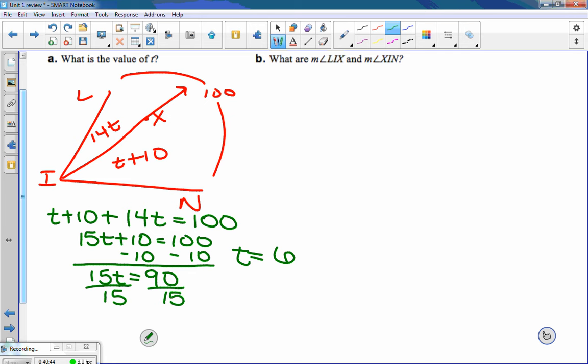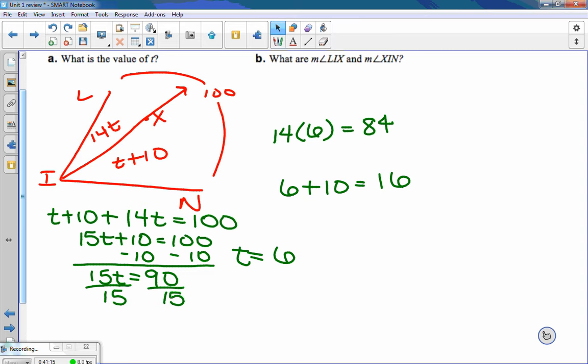Now, how would I find these two if I knew that? How would I find those two? What do I need to do in order to find this angle? Plug it in, plug it in. 14 times 6 is going to be 84. And 6 plus 10 is 16. They add up to 100. All right, before you can leave here,